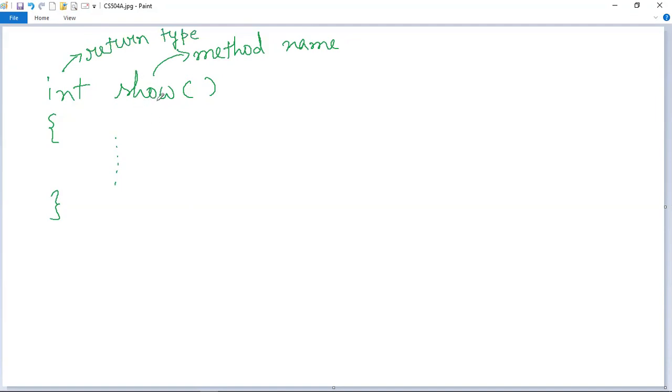So this is the method name, and if this show method returns an integer value, then the return type, which is a primitive type of Java, should be written just before the method name. And this is where we will write down the body of the method. The codes that the method would contain should be written inside the method block. Now let's go back to the program.